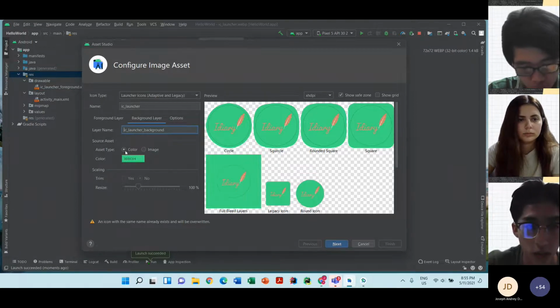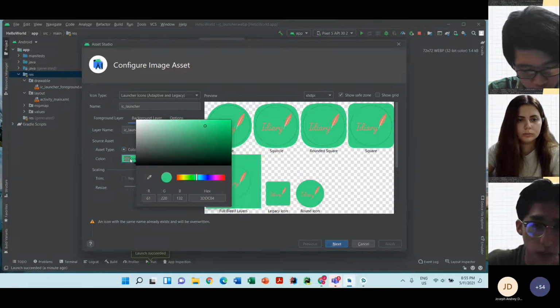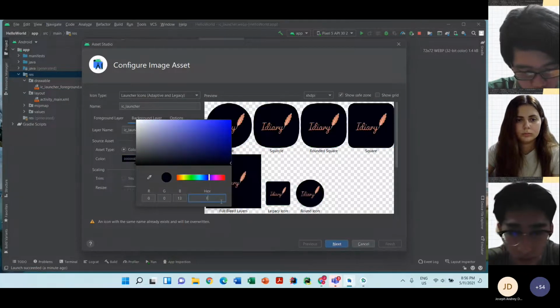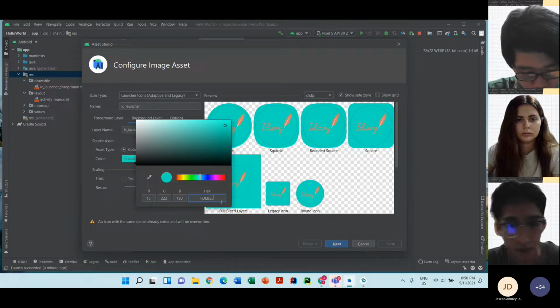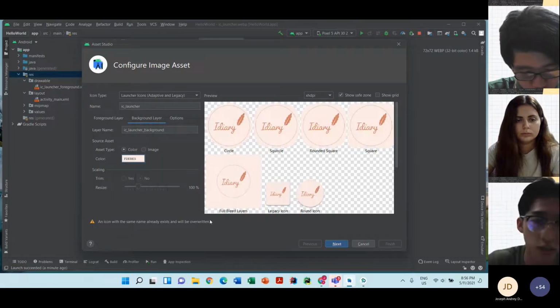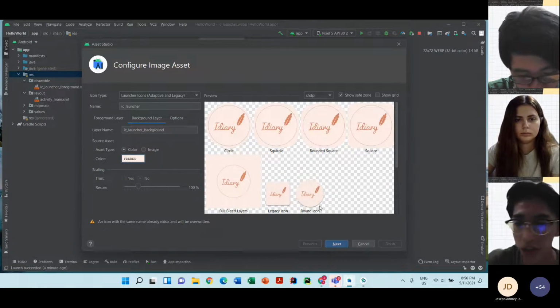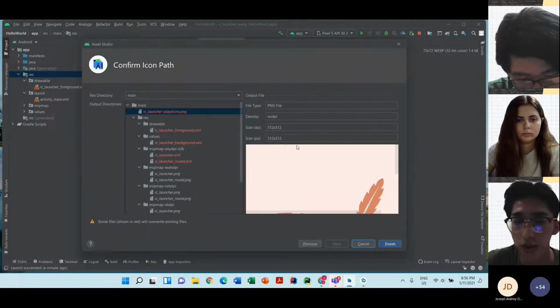You just click the asset color here, double click, then you can customize the color. For me, I'll change to a pastel color, FDEPE. When you finish, you click next and it will start to override it. Just click finish, then you're done.